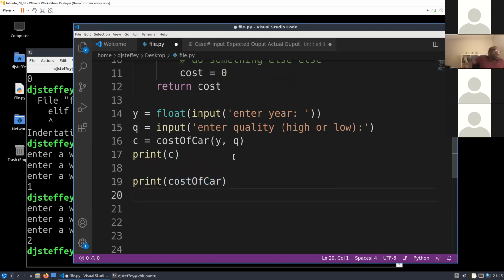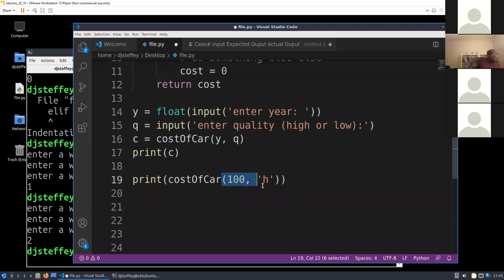To call a function, we need to have these braces, along with the values in there. That's how you call the function. But if you accidentally leave off those braces and you just print that,